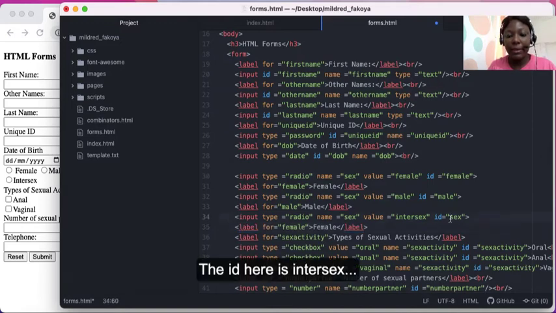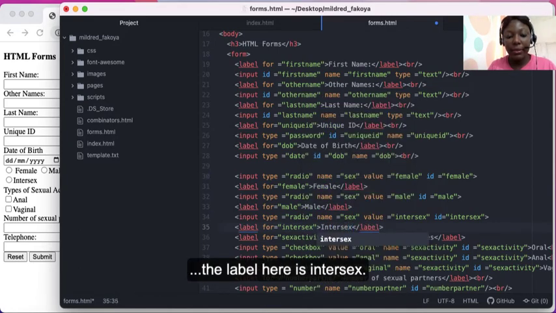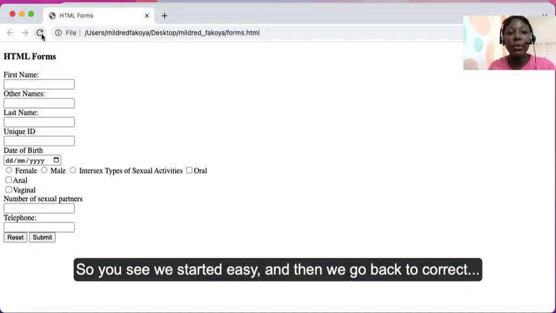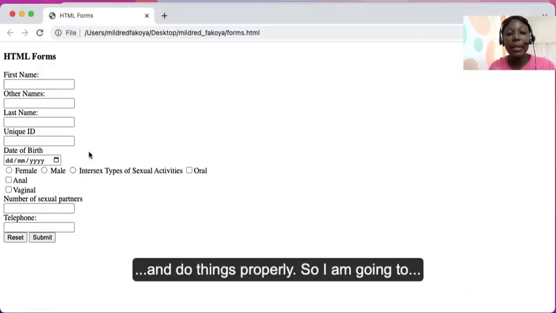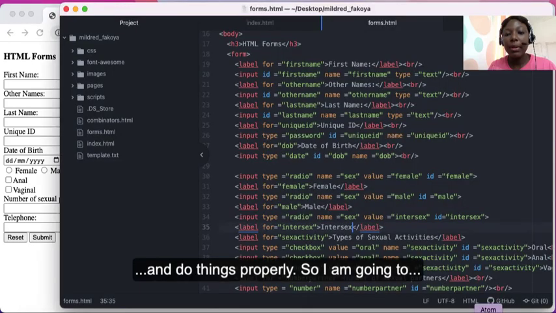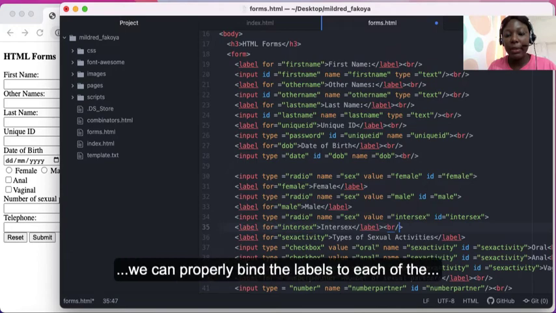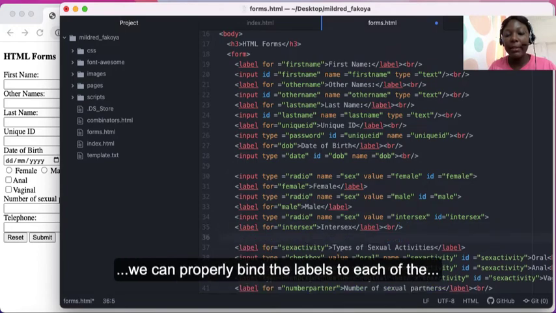The ID here is intersex, and the label here is intersex. So you see we started easy and then we go back to correct and do things properly. I'm going to do the same thing for the checkbox so that we can properly bind the labels to